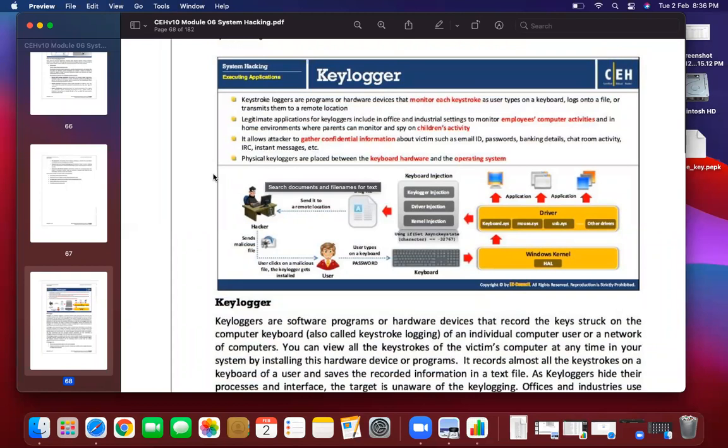Malware is generally termed a malicious script, developed only to do damage to the system. It includes virus, worm, Trojan, spyware, adware, and ransomware. All these things come under malware.